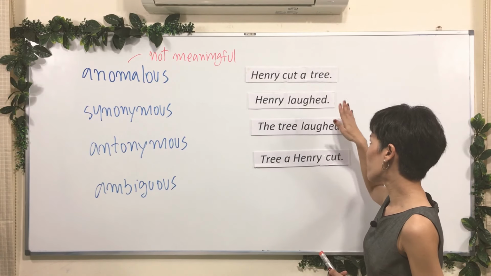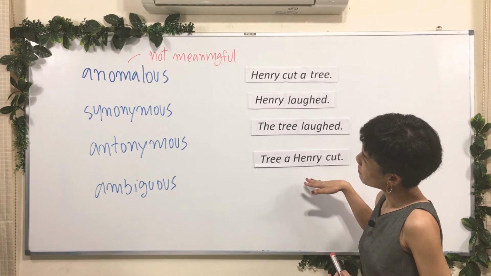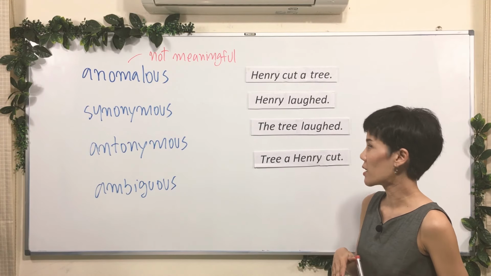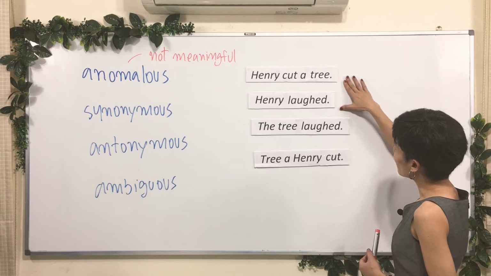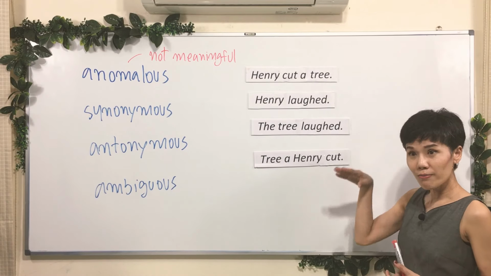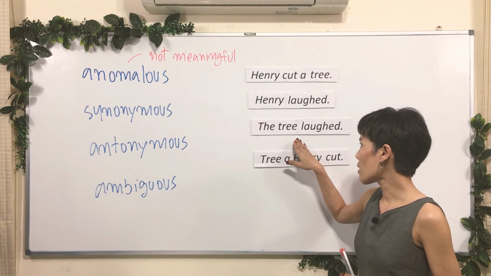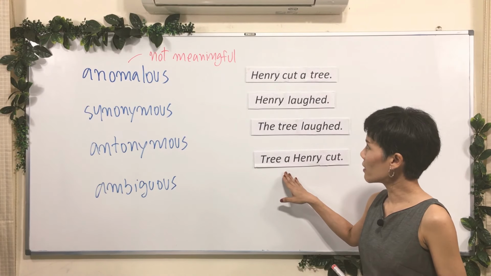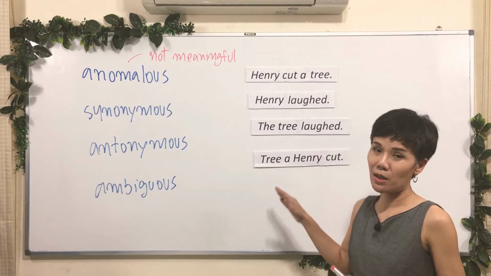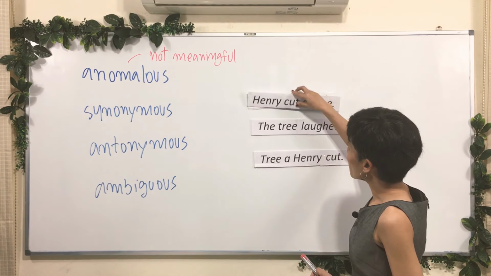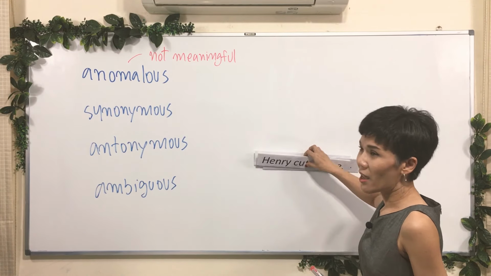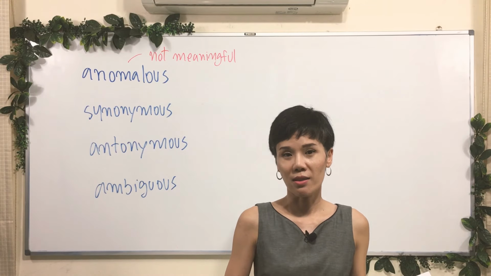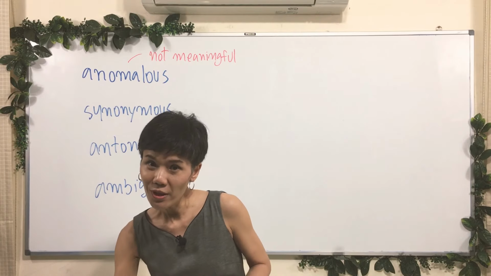So with these 4 sentences, speakers can recognize when something is anomalous. So they know that the first 2 sentences are meaningful. This sentence is also possible in some children's story, but this one is anomalous. It is not meaningful. So part of their knowledge of meaning in their language is that they know when something is meaningful and when something is not. Now moving to the next one,